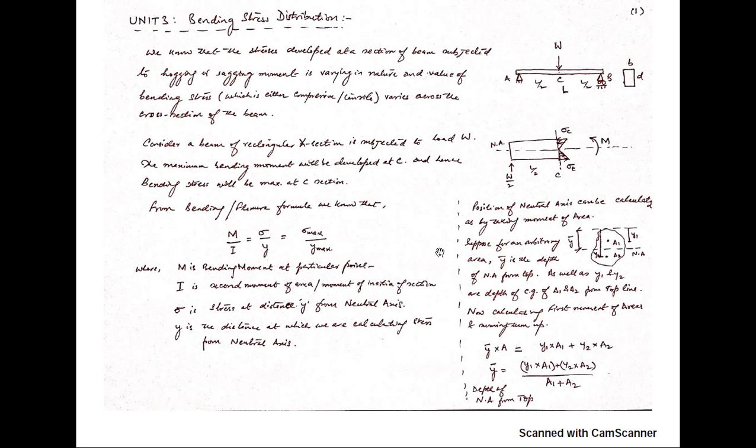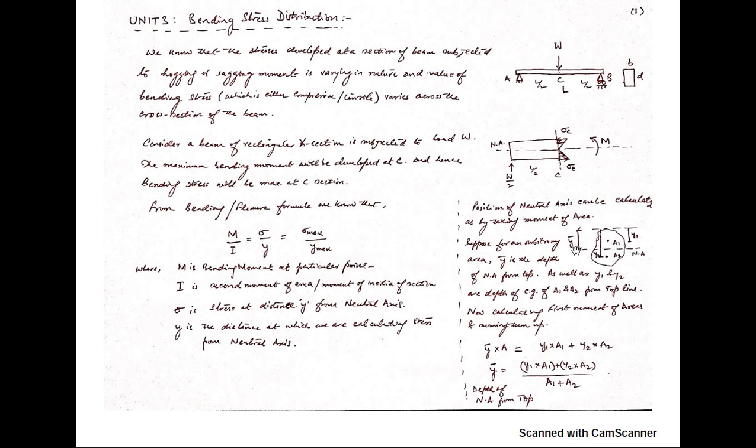So what you have to do is first calculate the depth of the neutral axis. So for an arbitrary section you have to know where the neutral axis lies in the cross section. How do we calculate it? We calculate by using the method of first moment of area, and we assume that the summation of all the moments about a particular line, suppose top or bottom, would be equal. Moment of the areas basically.